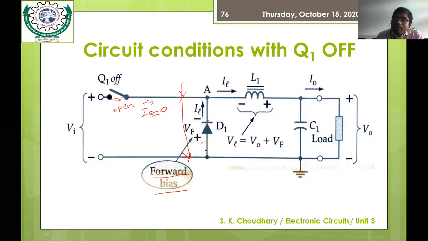So now the diode would be in the forward bias condition, and when the diode is in the forward bias condition, this current across the inductor would get a path and start to flow across this diode. So now the loop or circuitry that would be used here to flow the current is,